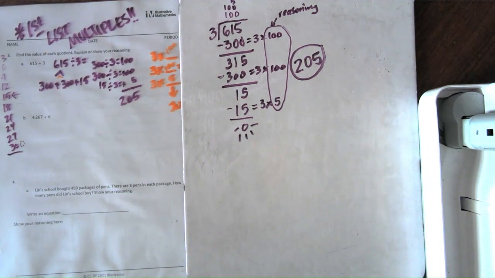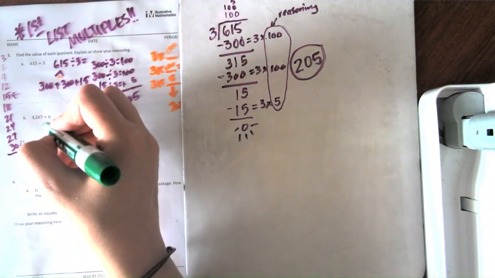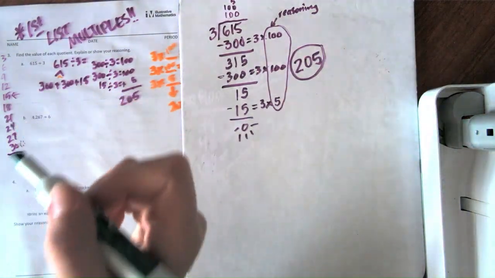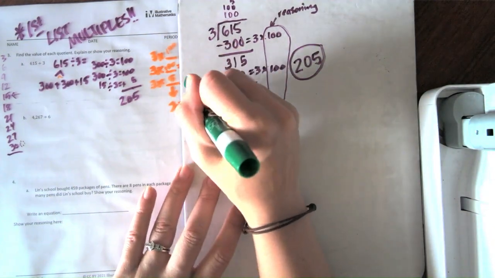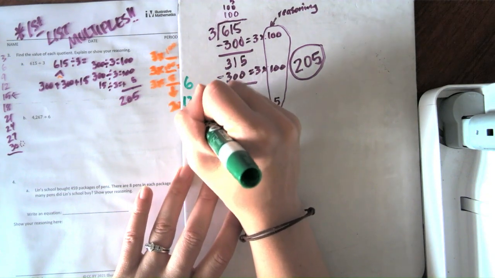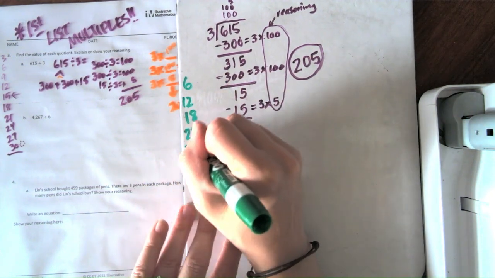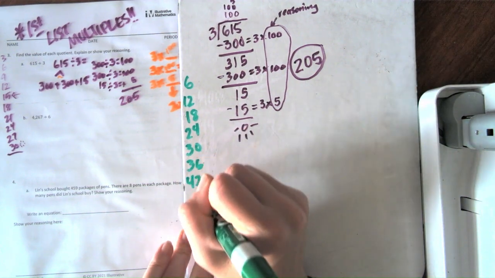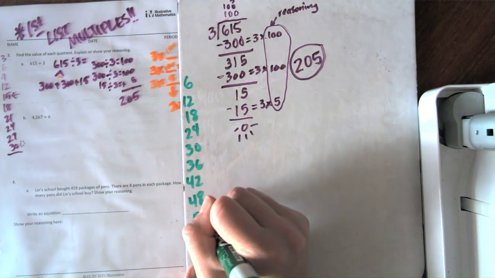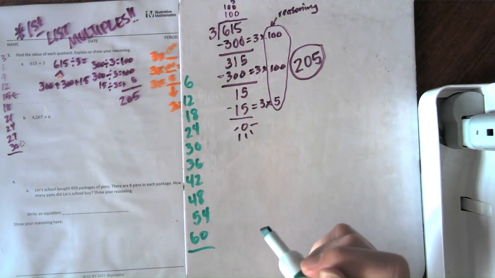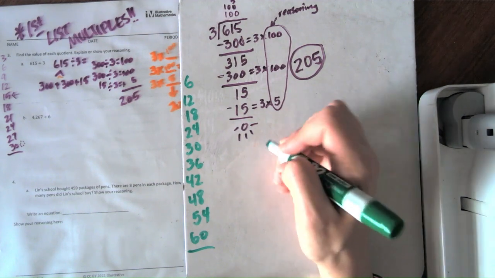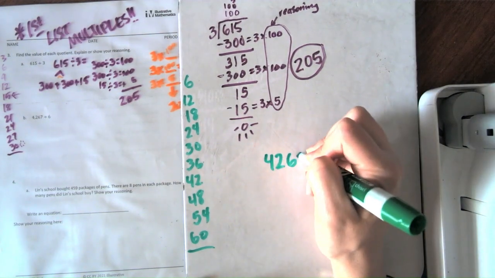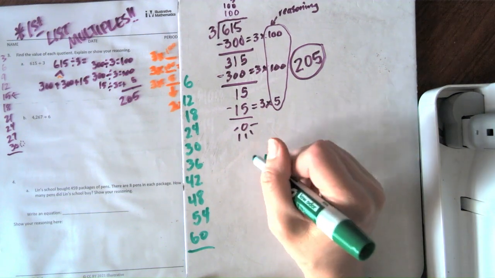So, next we're going to talk about 4-digit dividends. 4-digit dividends are going to work exactly the same. You're going to start off, as you always do, by making your list of 6s. And I'll just put our list of 6s over here. 12, 18, 24, 30, 36, 42, 48, 54, and 60. We go down to the 10th. And so I'll start over here with the repeated subtraction. We're going to put 4,267 in the house